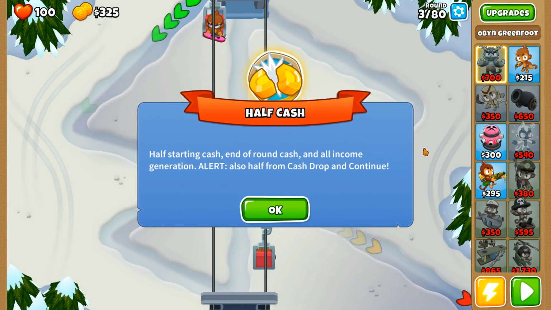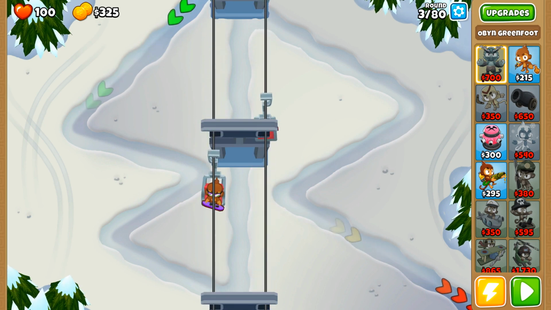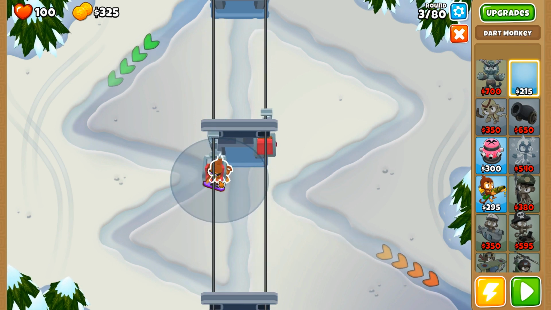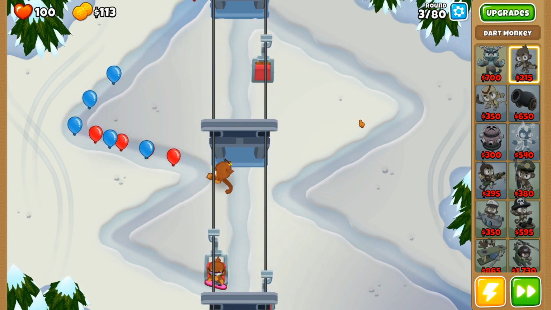So of course, half cash mode, nothing too crazy. I already told you guys what we were going to be doing today. So with this run, this run's actually a little bit easier than Park Pass was, because of course we can just use ourselves start monkey to start off with. There's nothing too crazy that we need to worry about. We're going to be doing the usual 3 dart monkeys to start,